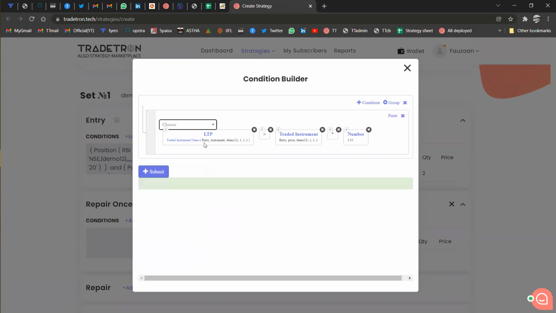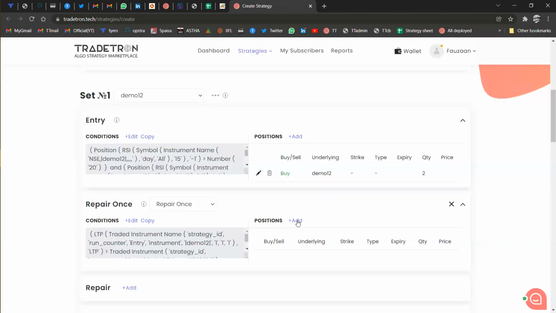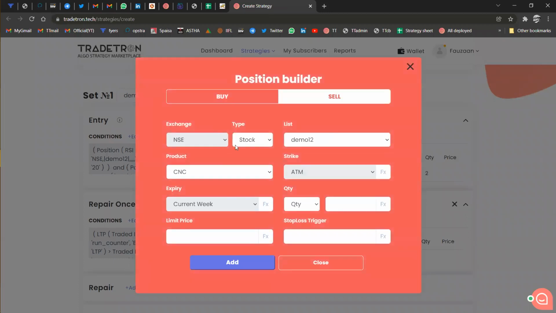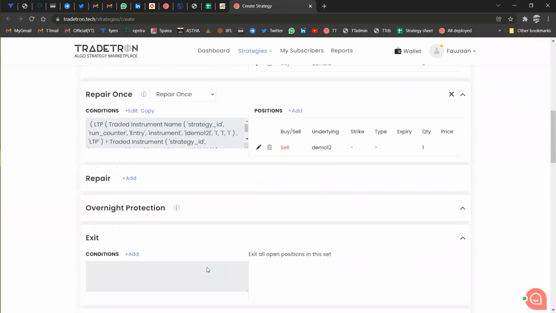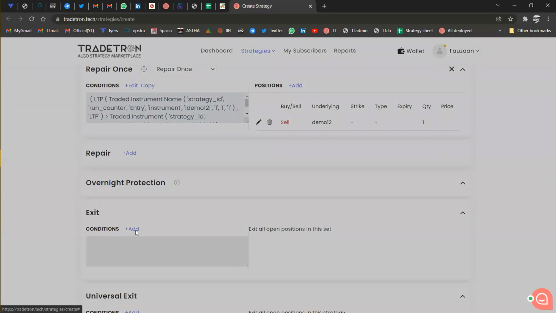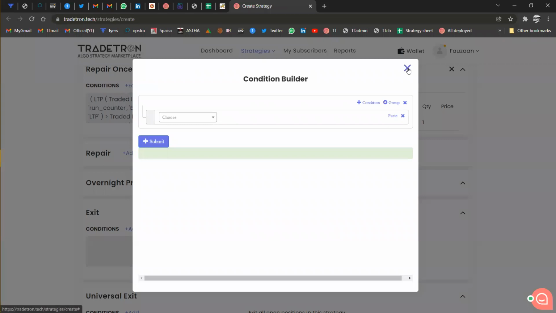Similarly, here first click on submit. So here we are checking, this is for the 5% profit booking condition. So if this is getting true, then we will sell one quantity. And for the remaining quantity, we will put it in set exit. So what we will do is simply